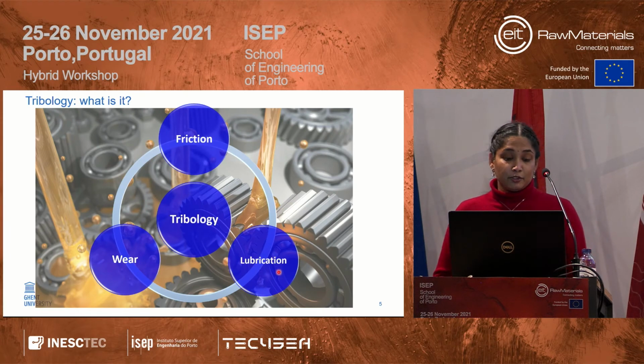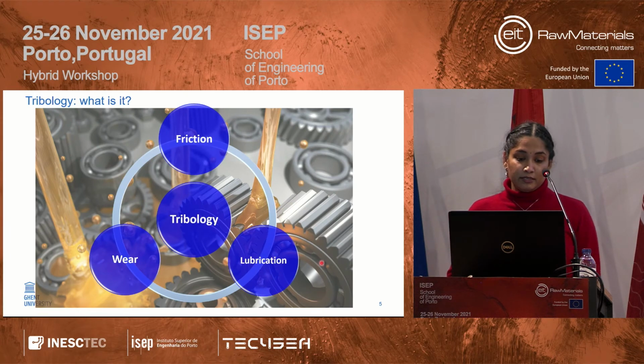Coming back to give you a deeper overview of what tribology is: tribology is the study of friction, wear, and lubrication. So where do we see them? The background picture that you see involves all three. For example, when you want your car to run smoothly, you do not want friction or the components to wear off or break. So how do we do that? We use oil to reduce friction and wear in components.